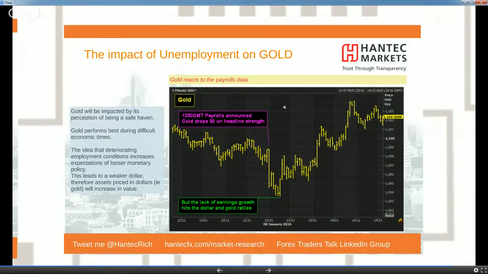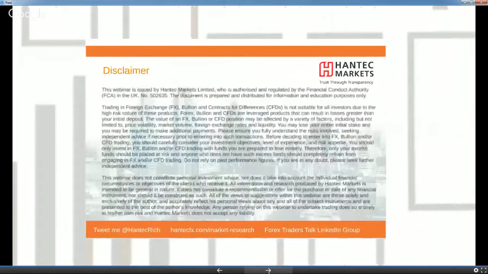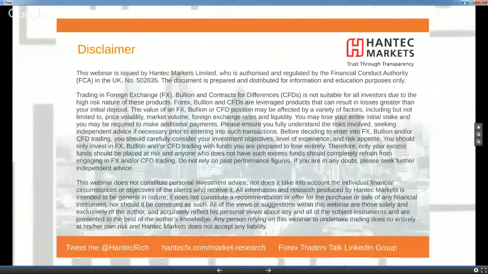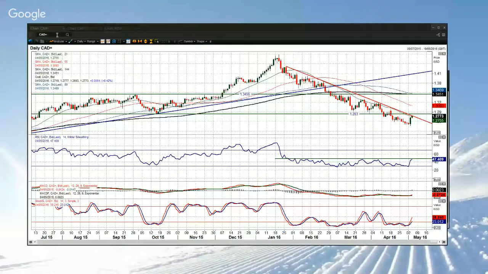So gold is a volatile mover on payrolls, and I think gold is one to watch, certainly on Friday. Certainly with the extreme moves that we've been seeing recently, if you get a strong payrolls number, for example, you could see quite a sharp retracement on gold because there's been a lot of gold strength recently. But I'll talk you through that in my charts in a bit. So that's the theory side of my presentation. Now let's have a look at the markets generally.